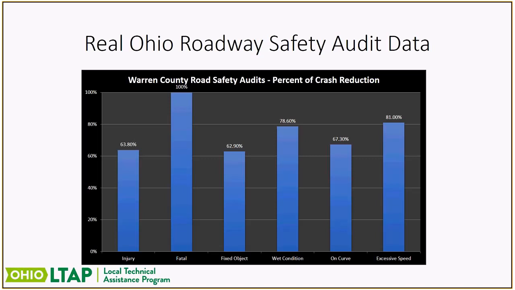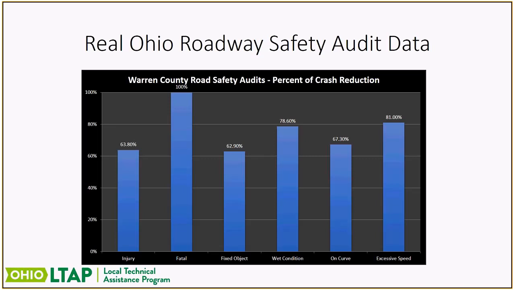When you look at that excessive speed, there was additional enforcement that went into that discussion. And I'll actually share the makeup of the team from these roadway safety audits here in a few slides so you can see. But the officers that were represented took that information back to their units and their agencies, and enforcement was definitely a countermeasure that was stepped up to help reduce the crashes being caused by excessive speed.